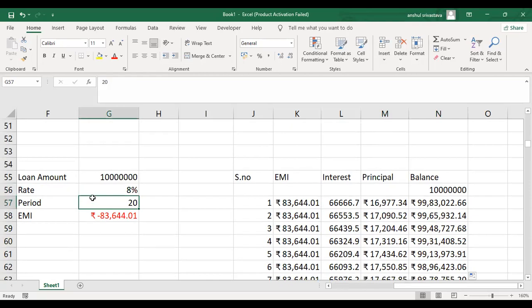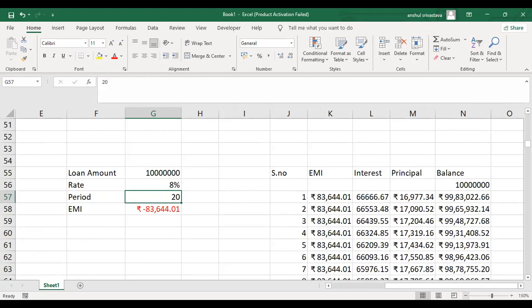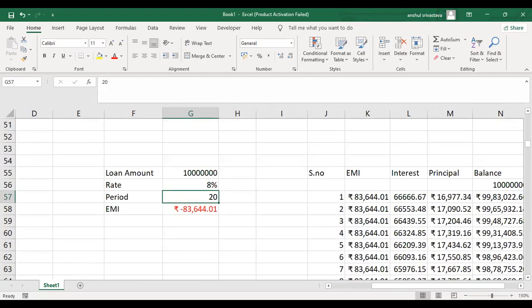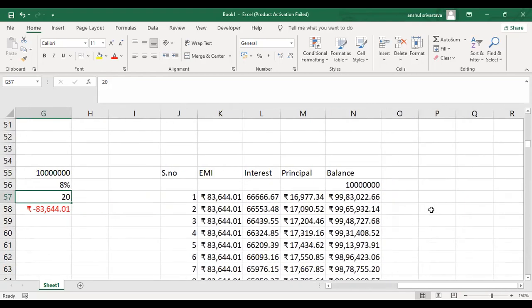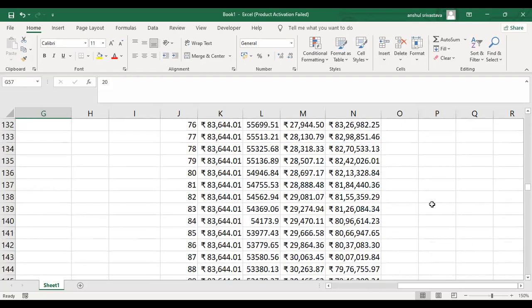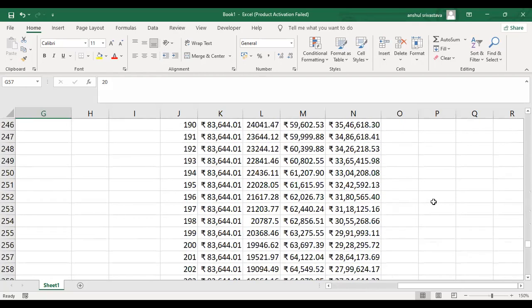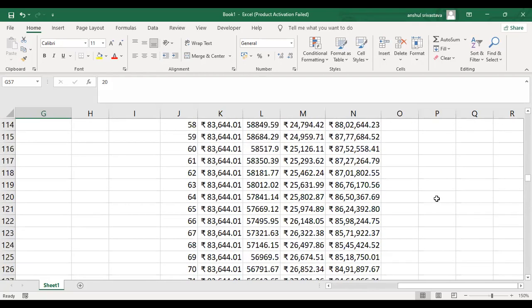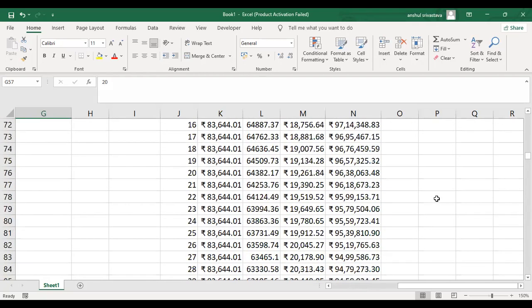Are we clear on this? Any doubts? Should I repeat something? Please ask me. And try that yourself. You have understood this? Because making an amortization schedule looks like humongous work. See how long a schedule we have made and how much time it took us. It took some 3, 4, 5 minutes, and that too 5, 7 minutes because I was explaining it to you.